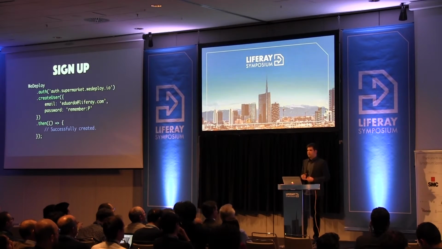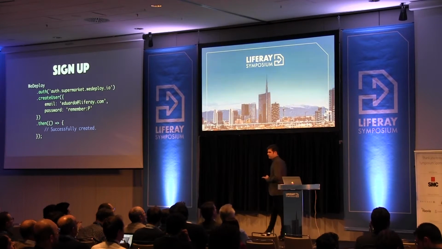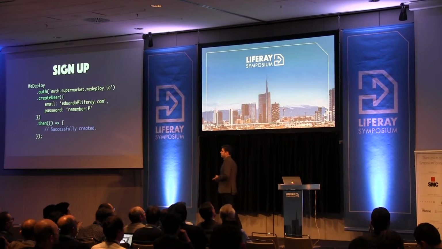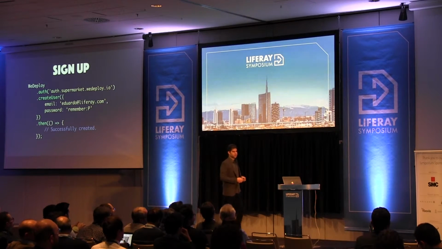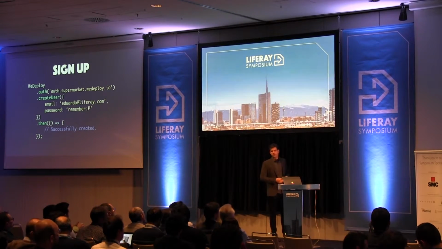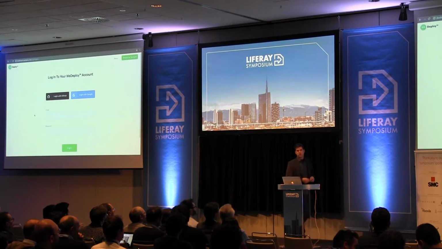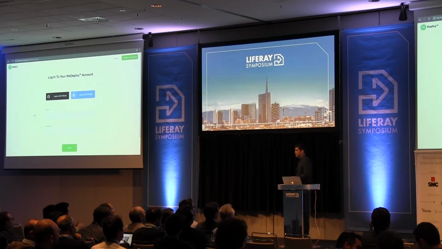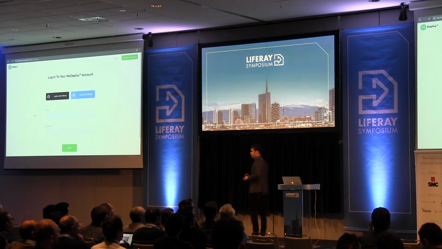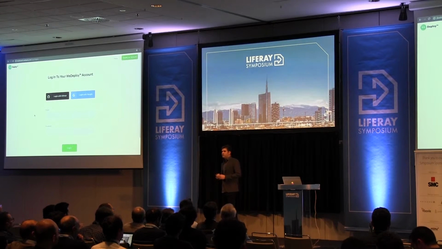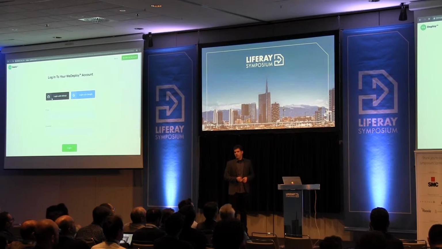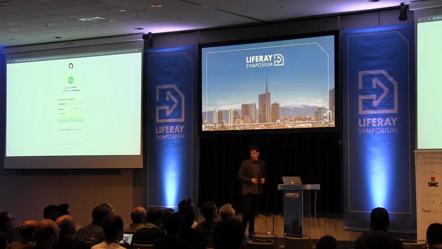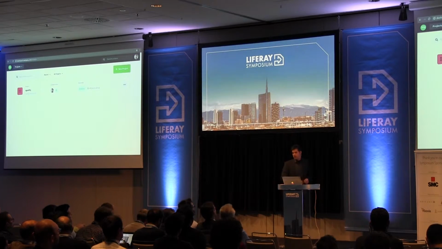And then how does this work? First, signing up your user with a password. It's as simple as calling an API like that from Java, from JavaScript, from iOS, saving email and password, and we already take care of the encryption and everything else. But what if you want a better flow? In the dashboard, if you log into WeDeploy right now, you'll see that you can log in through GitHub or Google, because we are using our own services to create the dashboard. So this is a perfect example of how you can do it from your application. I click a button. I'm going to pick my name, in this case Zeno, and he logged in, just a click.